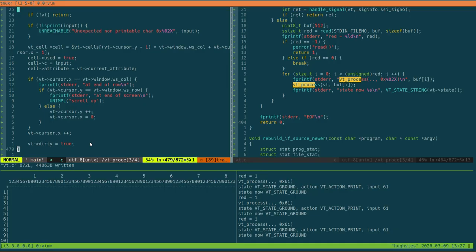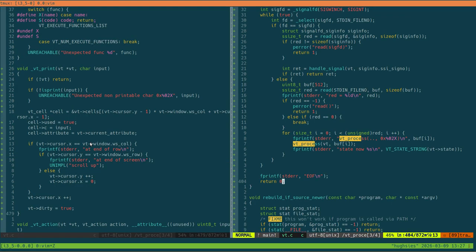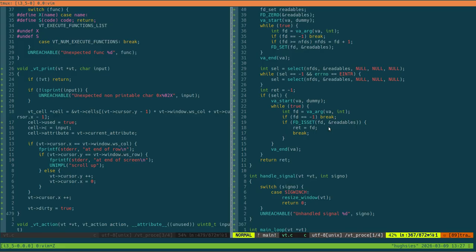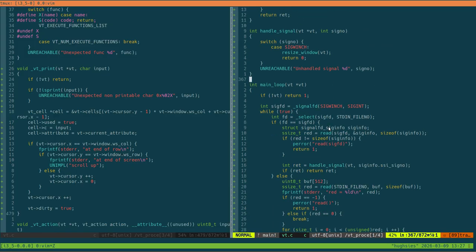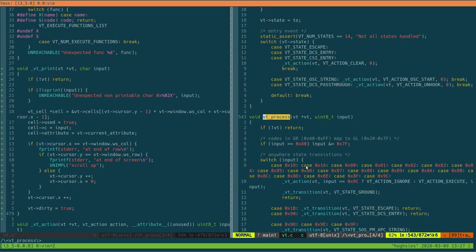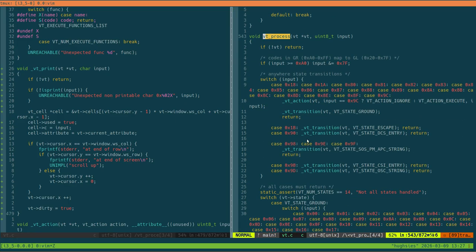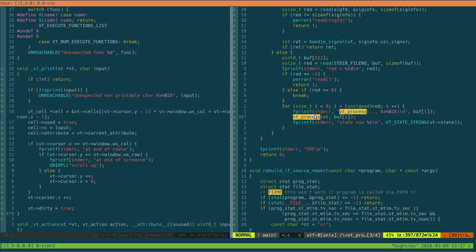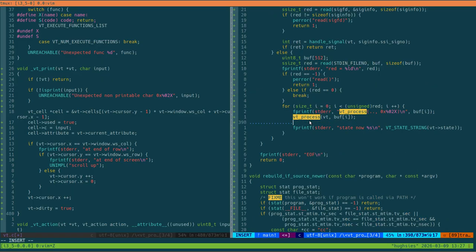Is that kind of what I want? And then we have just dirtiness status, and then after we process something, which does a lot of things, if after we process something it's dirty, if